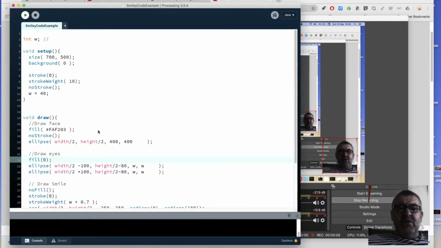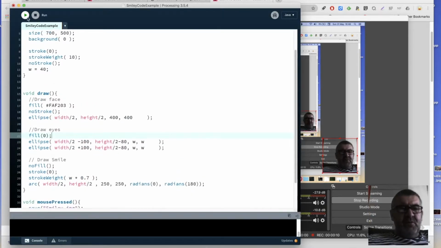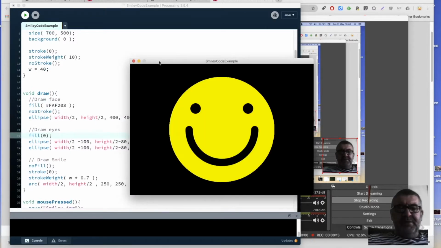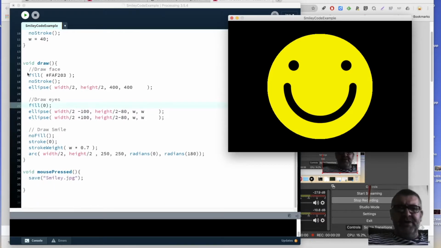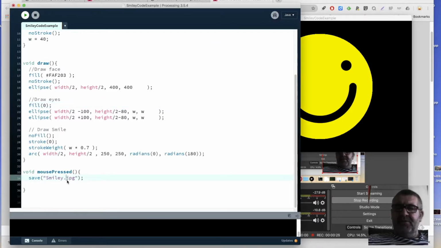So imagine now we've got a smiley face working. Now, if we wanted to have lots of smiley faces all over the screen, we wouldn't really want to copy and paste this code lots and lots of times, making it really big. So the way that you deal with that is to create a function of its own to, let's say, draw this face. So let's make that. Let's go void draw smiley,